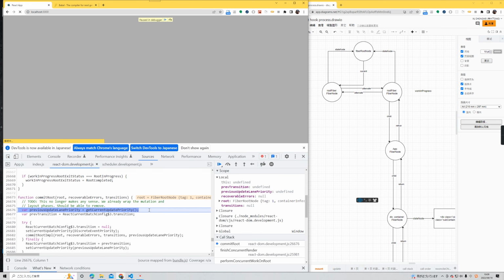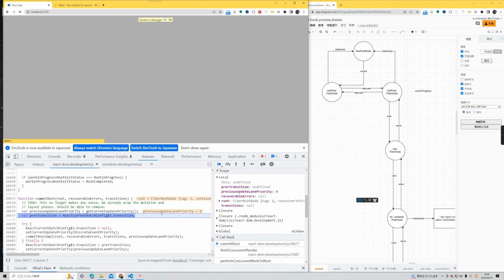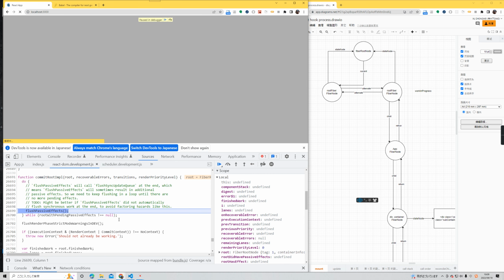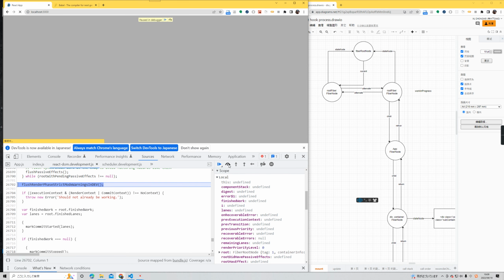Go into it. Okay, it seems like we will have to do some recursion from the top to the bottom again. Okay, something to do with the priority. We have nothing to do with it right now. The commit root implementation function will be called. First of all, it will do something to flush the passive effects, something to do with the useEffect hooks. And next we go to